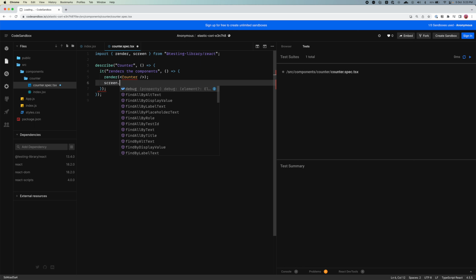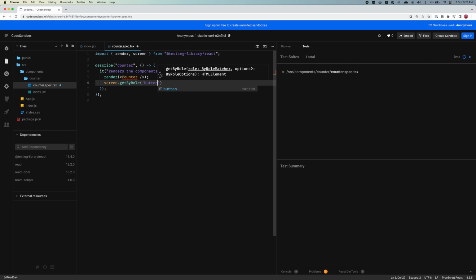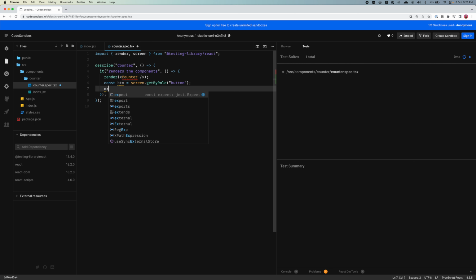So I'll try to find the button to increment, right? So I can do getByRole because it's going to be a button, and let's start with an increment button. There's a single button, so it makes sense to use getByRole. We'll call it btn, and the next thing we'll do is we'll just expect